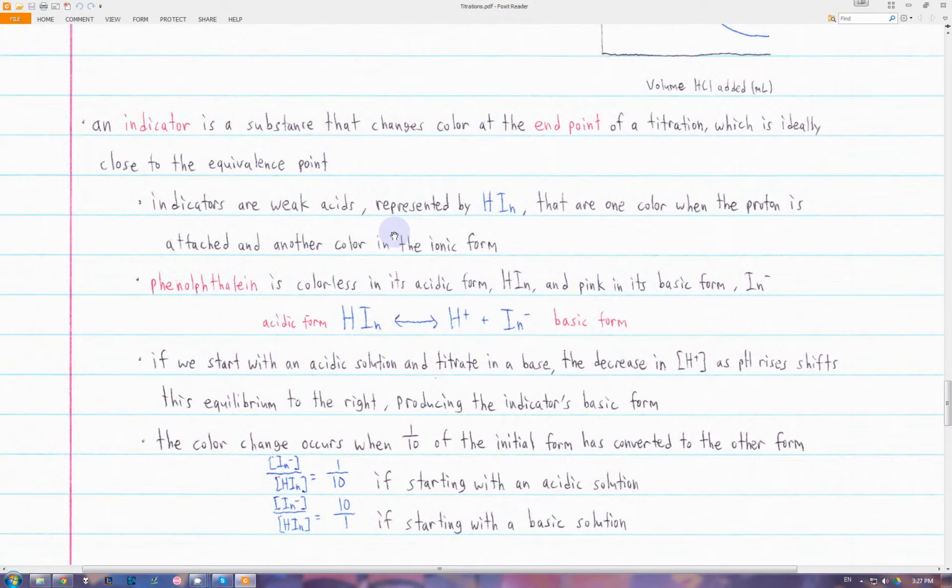So an indicator is a substance that we use to find where the equivalence point actually happened. It changes color at what's called the end point of a titration, which we want to be close to the equivalence point, or else the color change doesn't actually have any meaning. So the end point of a titration is when the indicator changes color, while the equivalence point is when all